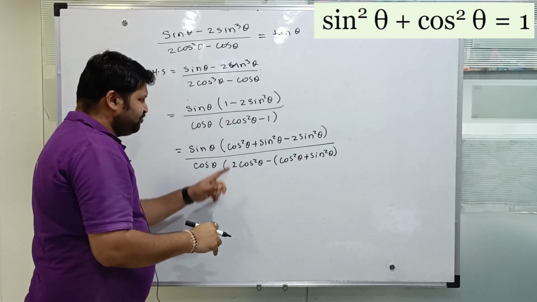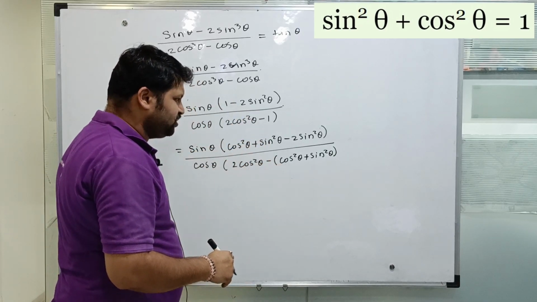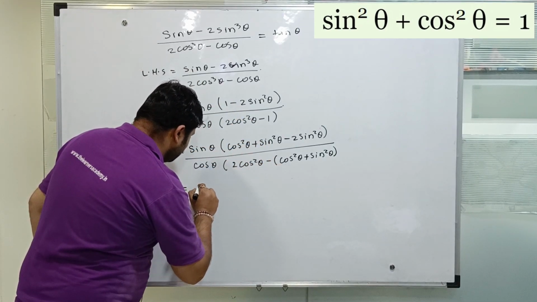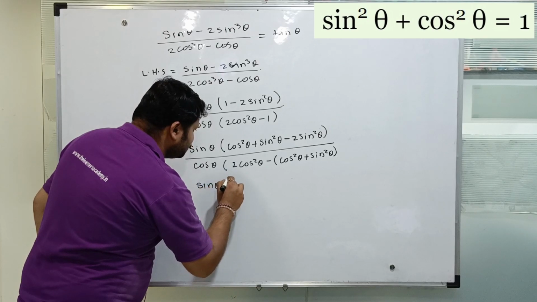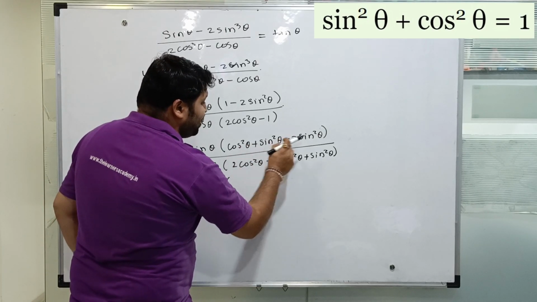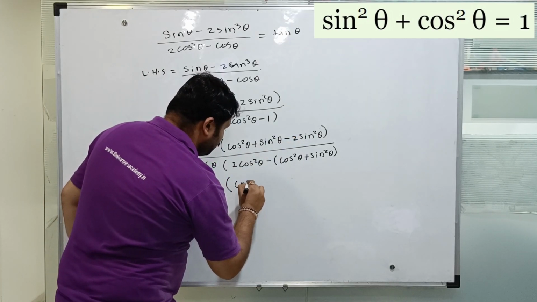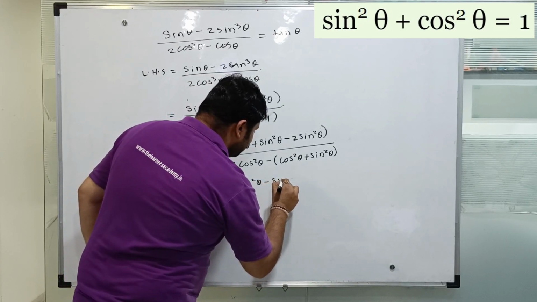So effectively I have replaced both these ones by cos square theta plus sine square theta, giving me sine theta times, now here I would get cos square theta minus sine square theta,